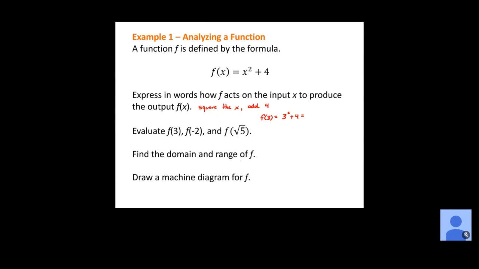Okay. And if you think back to the verbal description that we gave, the first step is we're going to square that x value. So what are we going to get when we square 3? Nine. Good. So 3 squared is 9. And then our second step is to add the 4. So if we add 9 plus 4, what do we get? 13. Good. So f of 3 is equal to 13 now.